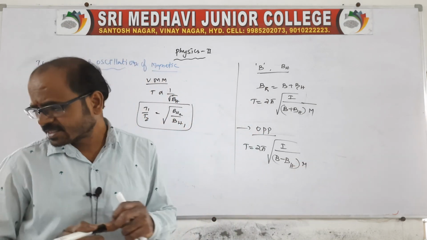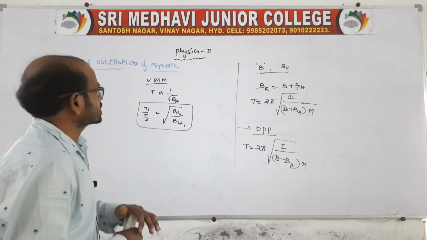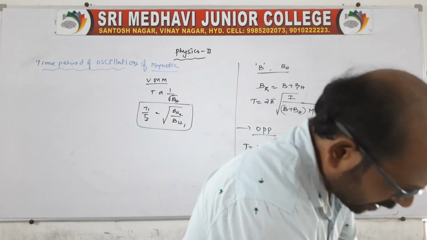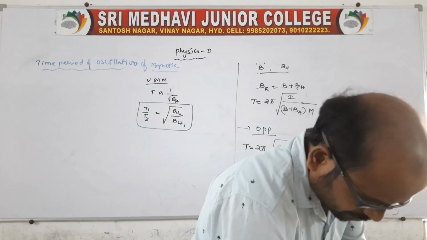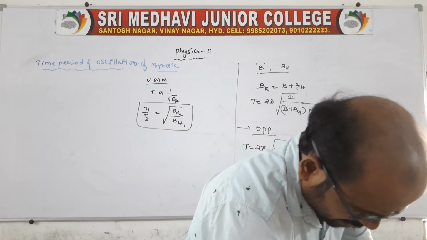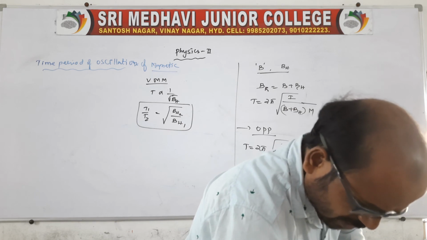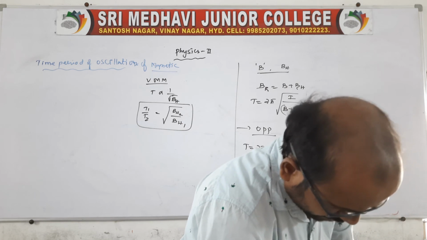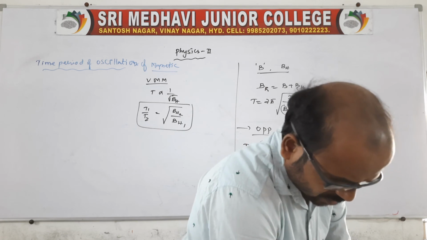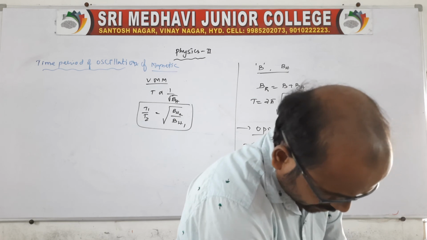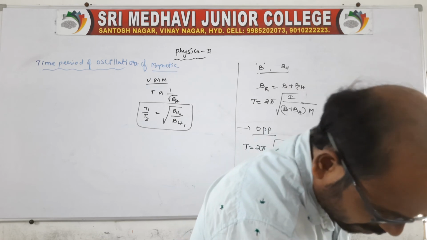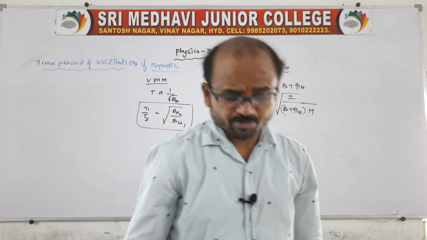Okay, so this is the information related to the time period of oscillation of a magnet at different places and in different cases. And here, of course, we have other relations also on the basis of the time period of a vibration magnetometer or the magnet. Some different cases are useful in objective examinations like NEET and JEE Mains. So here we should know the moment of inertia of the given bar magnet, because that is also very, very important. Clear everyone?